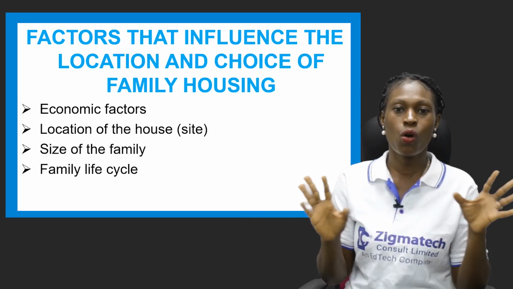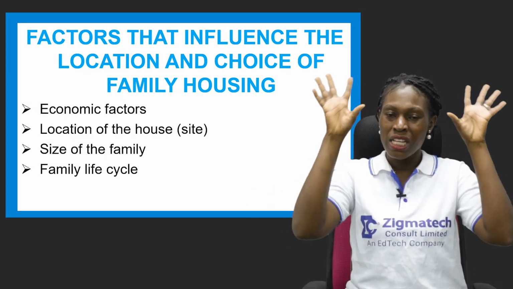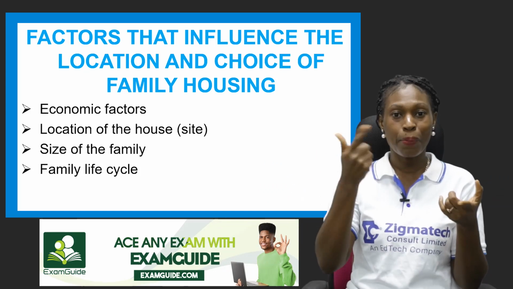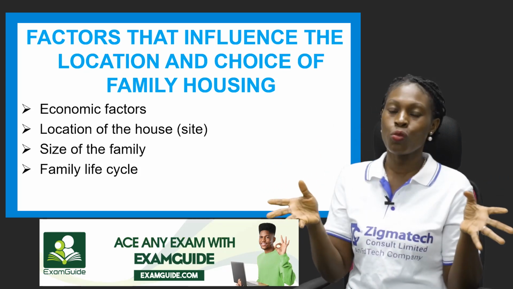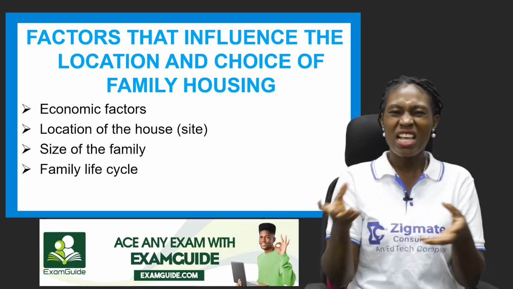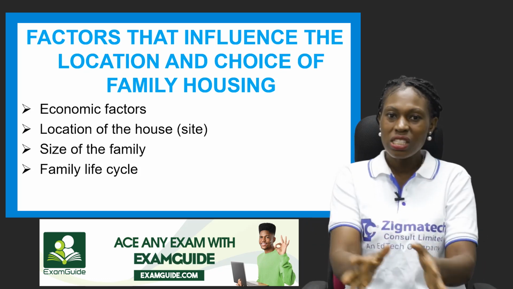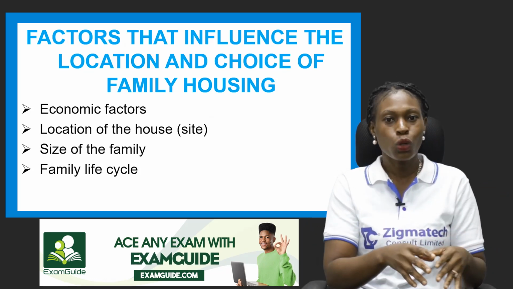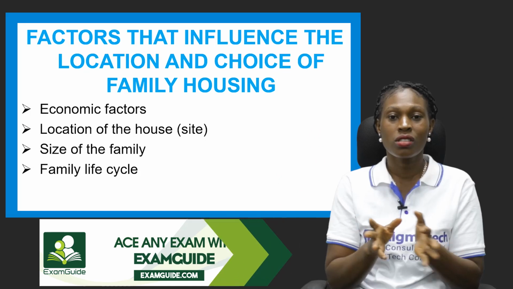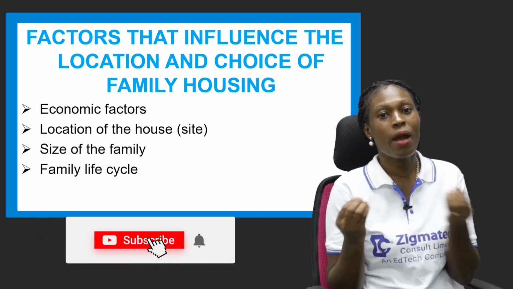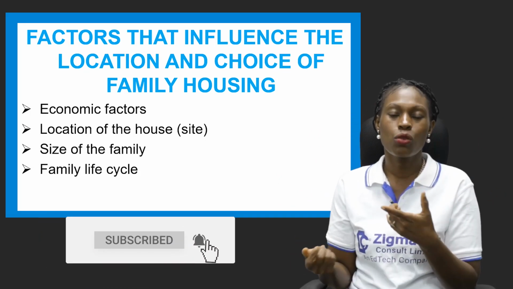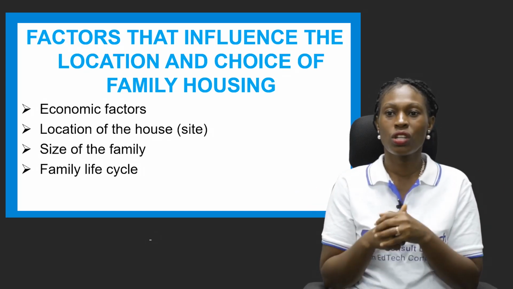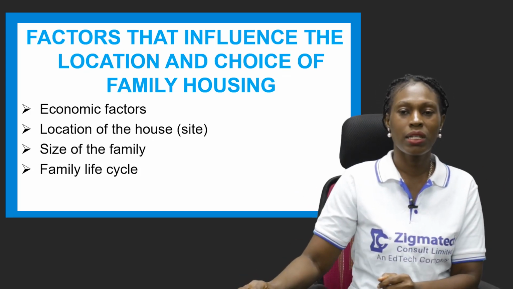Now, mommy and daddy are left all alone. Grandparents are left all alone. In that big space where they had lived before, what happens? They would want to do what? This space is too much for us to live in. So let's get somewhere small, or we can just stay downstairs, rather than occupying everywhere, because it might become quite boring for them. So the family life cycle is another factor that influences the location and choice of the family house.